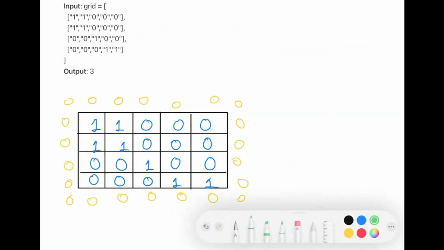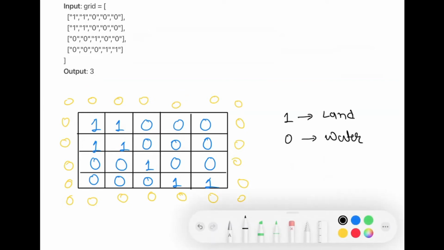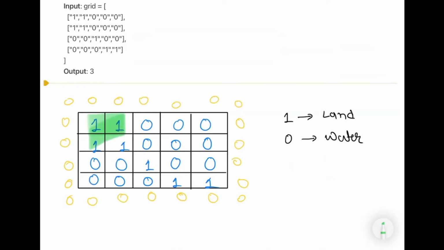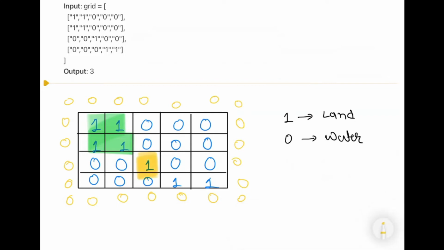What we know for sure is that one represents land, so it will be a constituent of an island, and zero represents water. So let's quickly see how many islands we can find. The one island I can find is over here, a set of four ones. The other island I can find is this one,